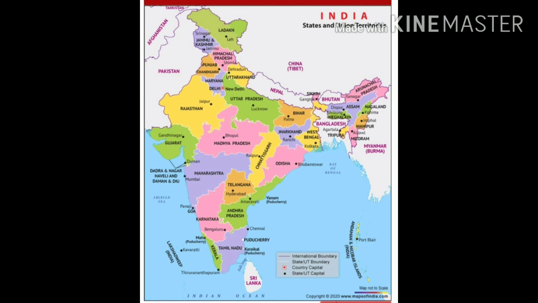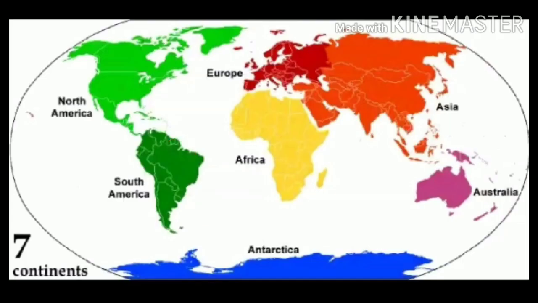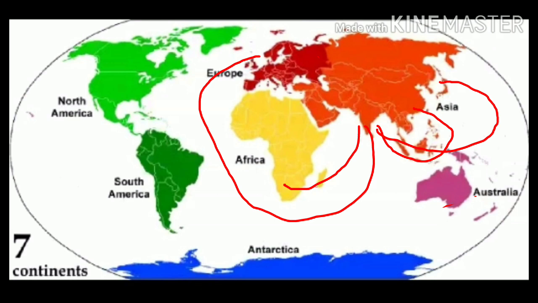This Deccan Peninsula protrudes or extends into the Indian Ocean and provides us a sea coast. Sea coast means Samudra Tat. You know that through a coast we can easily travel to other countries or continents through sea routes. This is the eastern coast and this is the western coast. Through the western coast we can contact West Asia, Africa and Europe, and through the eastern coast we can contact Southeast Asia and East Asia.